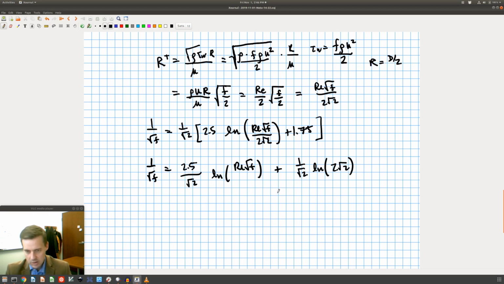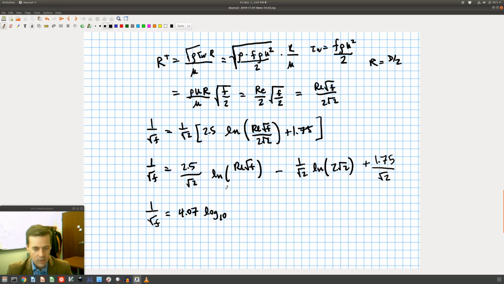This should actually be a minus sign instead of a plus because it was in the denominator, plus 1.75 divided by root 2. Okay, if I do all of that, I have 1 over root f, and I can plug these numbers in, and this gives me a 4.07